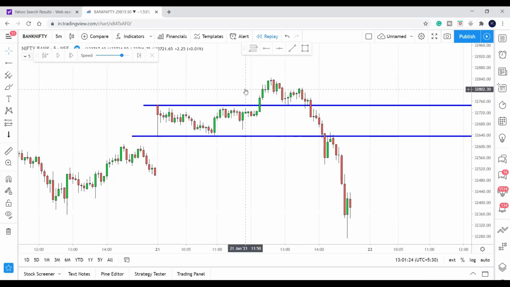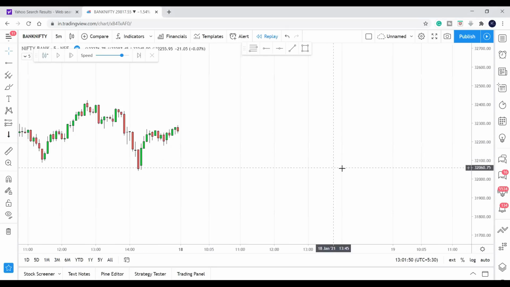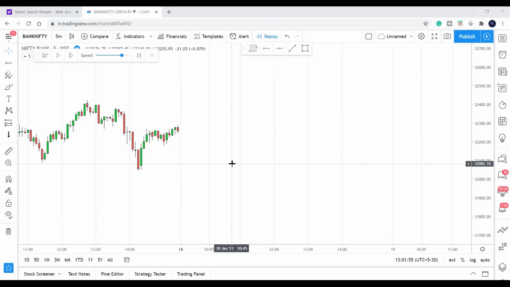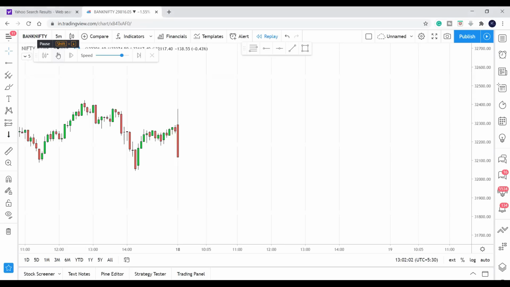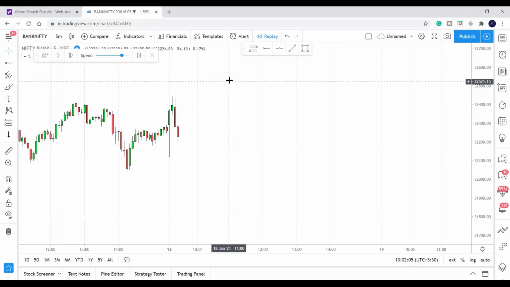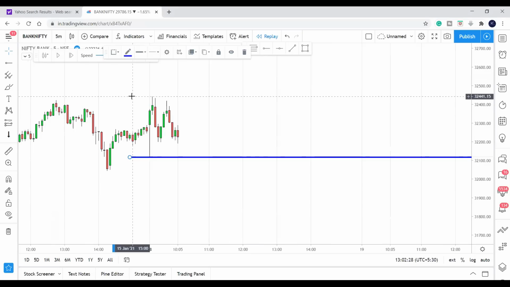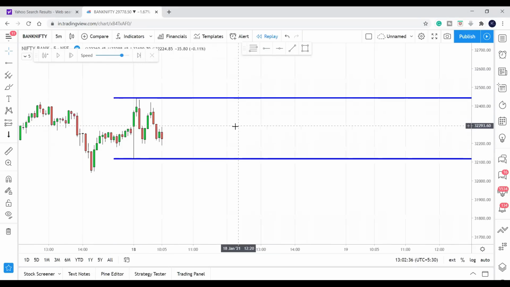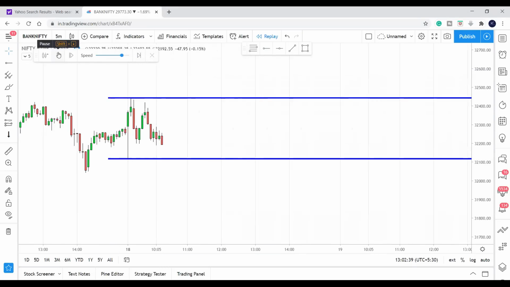Now let us see a couple more charts. Next, again it happened on 18th of January, 10 days back. Okay, 18th of January, I've seen this setup. Let us play the candlestick and let me show you where the support and resistance were. Market opened with a big bullish candle. When you see this kind of big bullish candle, it means very strong support. Now let us just wait and see where the resistance is. Now this is the support and this is the resistance. Let us see what happens.